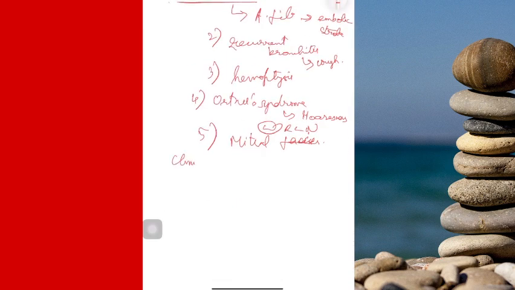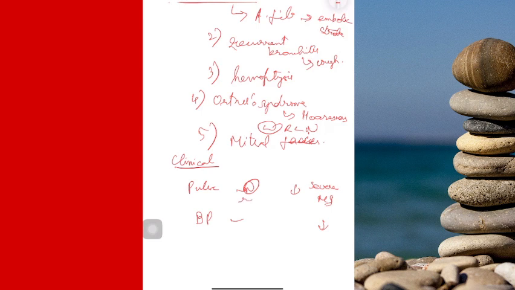And what are the clinical findings that you will see? One is the pulse. Pulse can be normal. You can have a decreased pulse pressure in case of severe MS. Okay, so you don't calculate pulse pressure by palpating the pulse. You calculate it with the help of your BP apparatus. So narrow pulse pressure is a feature of severe MS.